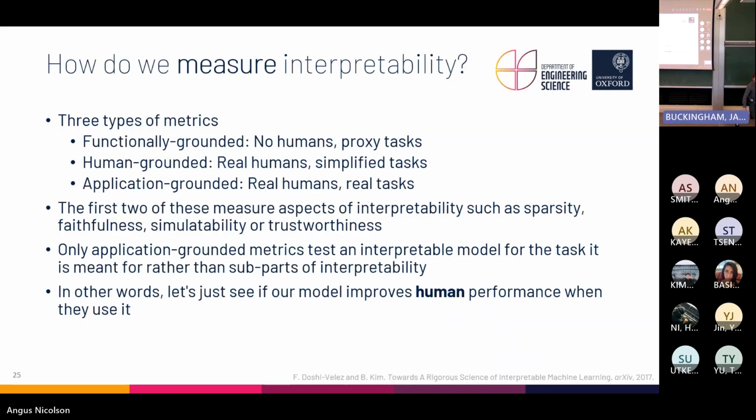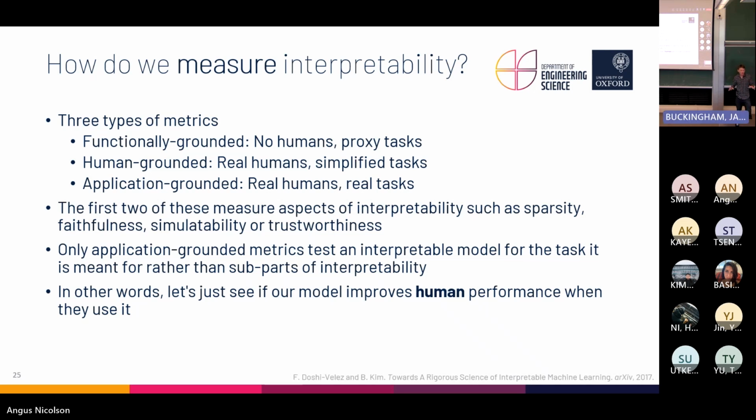Okay, measuring interpretability. I've kind of talked about an example just a moment ago. You might want to measure whether it's inside or outside the head or whatever, right? There's two different types of metrics we will talk about. You've got functionally grounded, where we don't have any humans, we just do some kind of automated metric that we can use. One example of this might be sparsity, how simple the explanation is, or how small it is, which you can calculate without humans. That's great, because humans are annoying and expensive.